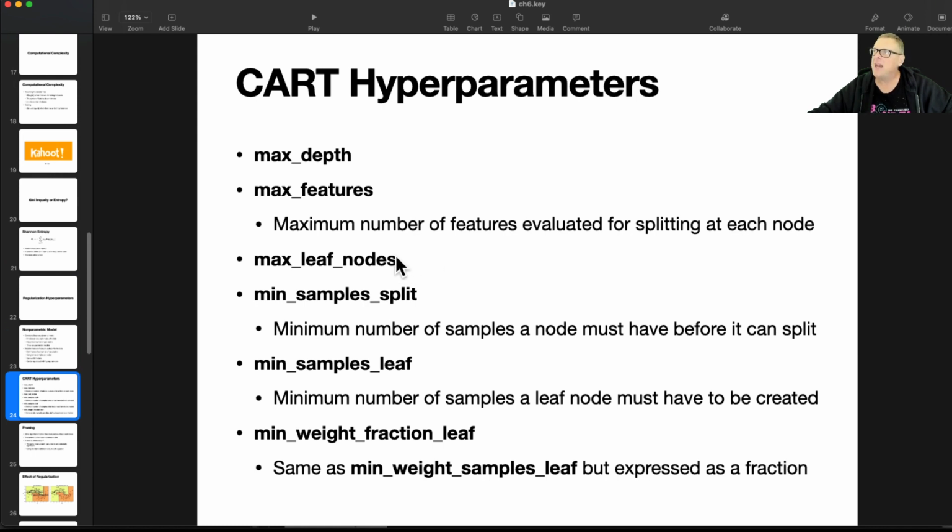If you have a certain maximum number of leaf nodes, then it can't keep splitting anymore after it reaches a certain number of leaf nodes. It can have a certain number of samples it must have before it can split, so it will refuse to split nodes that have not enough samples left in them. You can have the minimum number of samples a leaf node must have to be created, or a minimum fraction of the samples that must be in a leaf node. And as you can see, all these will pretty much do the same thing. They'll all stop it from